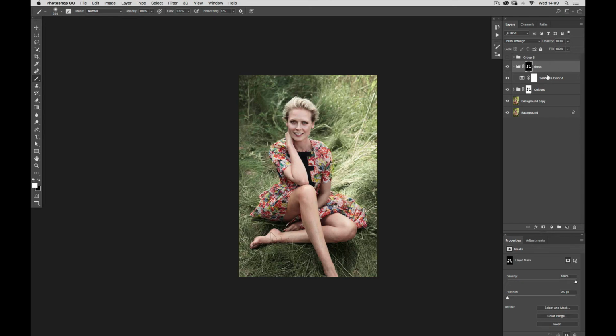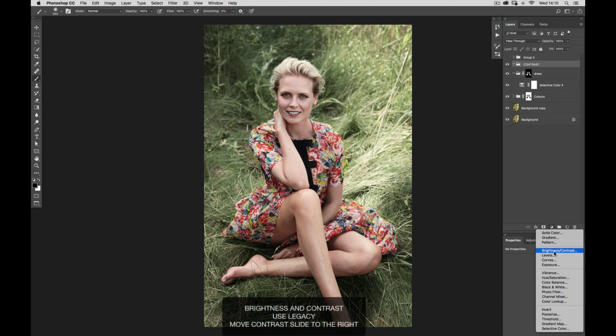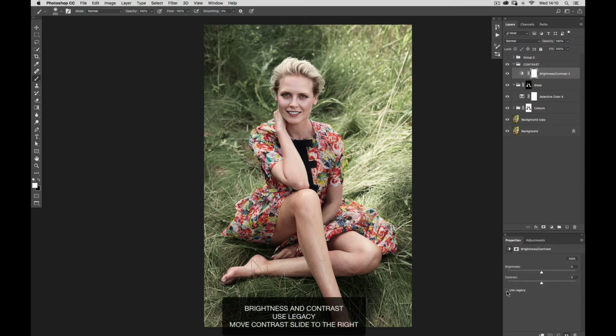Okay, so now it would be nice again maybe to add some more contrast overall with a different method. So I'm gonna create another folder on top, call it contrast overall, and I'm gonna choose just a brightness and contrast adjustment layer using legacy. I'm gonna add a little bit of overall contrast. 8 is good. Yes, I like it